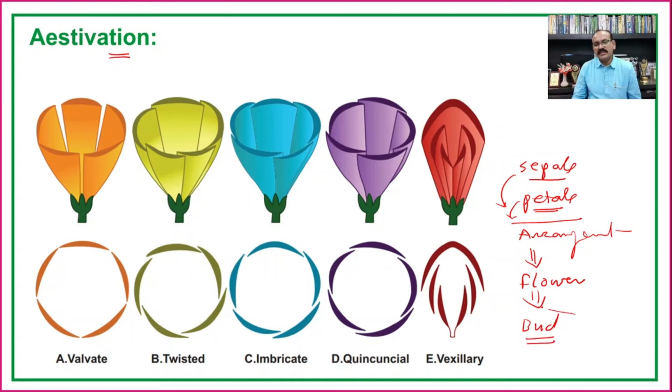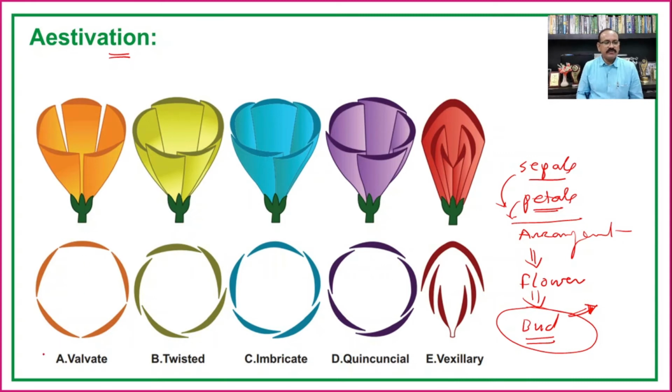So this is important, because when the flower opens, we will not be able to see the arrangement of the sepals or the petals in every flower. Some flowers will show the correct estivation even after opening, but in many cases it is not possible to find out the correct estivation after the complete opening of the flower, and hence whenever we are practically observing the estivation, we have to see the flower buds to know the estivation of the sepals as well as the petals.